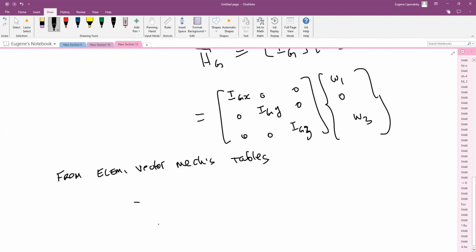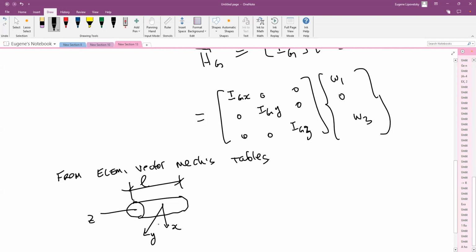For a cylinder of length L, this is its x-axis, this is the z-axis, and probably this one is the y-axis, and that will be the same, and we have